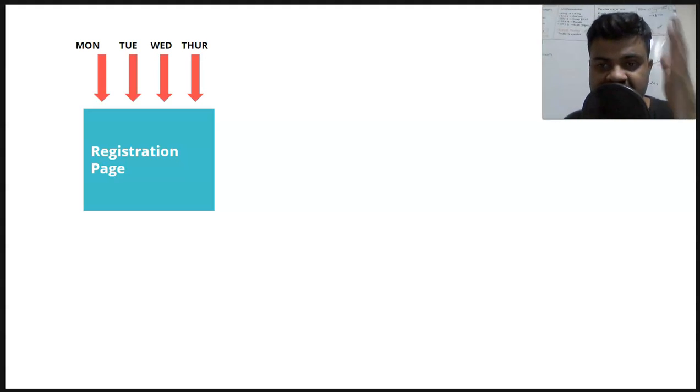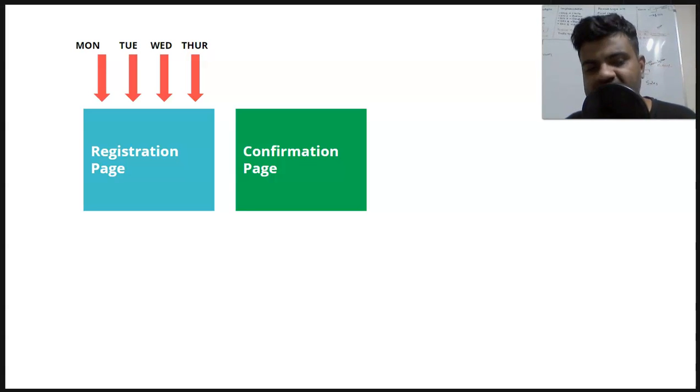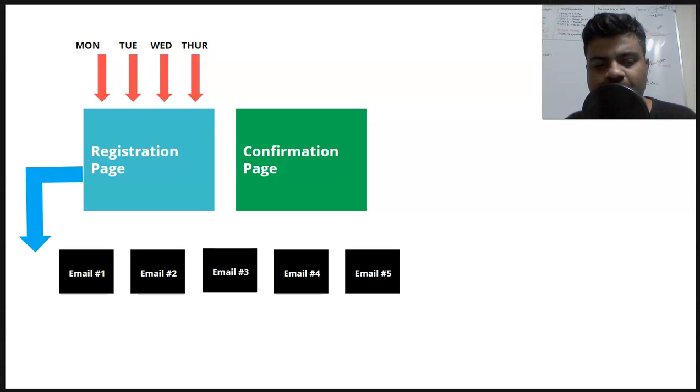Now, in the big picture, how does your webinar funnel look? Usually you build a registration page and you drive traffic during the week. Monday, Tuesday, Wednesday, Thursday, you are sending traffic. Thursday night is your webinar, for example. People get the confirmation page, and they'll be followed up with emails 1, 2, 3, 4, 5 during these days after registration is done. Even if people register on Thursday, it's still okay if they get the emails.